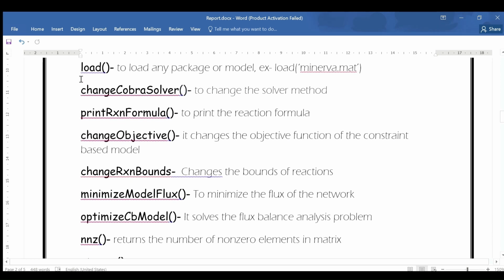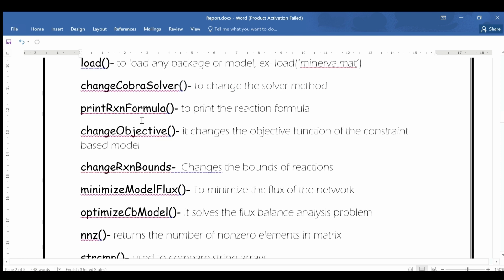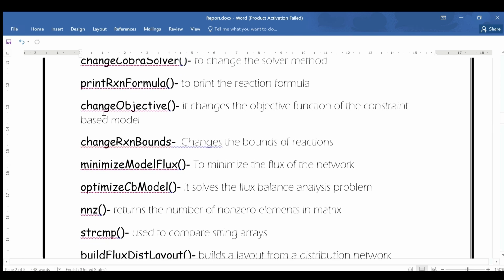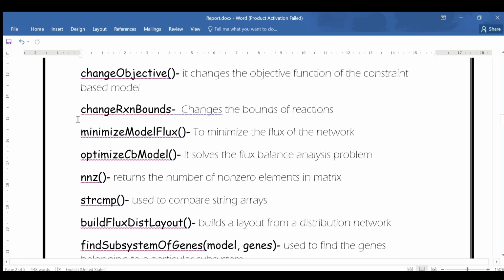So some are like load. It's used to load any package or model. Change COBRA solver is used to change the solver. We can do it by writing the name of the solving method in the parentheses. Print reaction formula, we can print the reaction. Change objective changes the objective function of the constraint based model. We can also change reaction bounds, meaning the upper bound or the lower bound of any reaction or a set